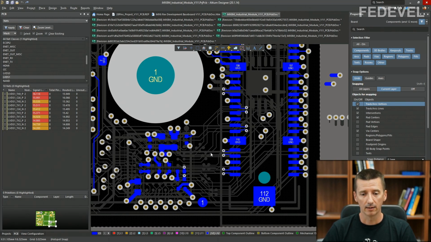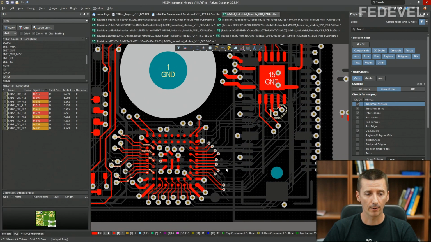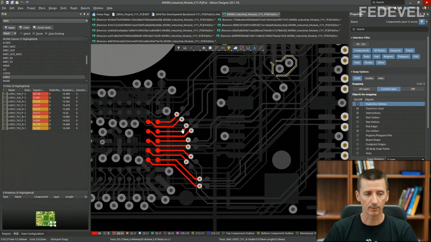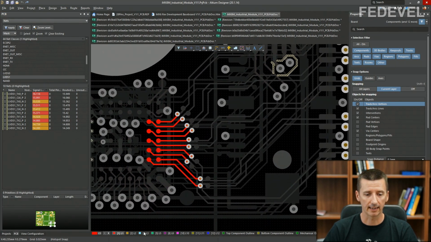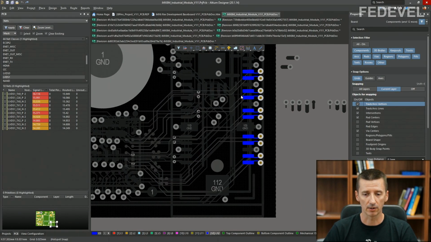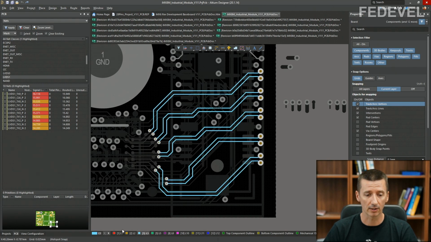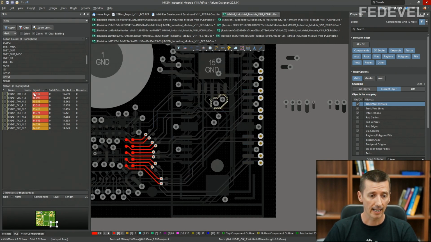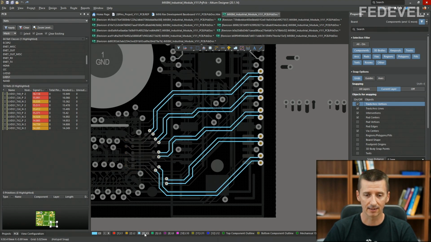So if you can change the pinout of your connectors, then sometimes you may want to do it. Have a look how the layout was improved. Now this LVDS interface is routed on the top layer, then all the signals continue on layer 3 and then they finish on the bottom layer. And notice the length of these signals. We haven't done any length matching yet, and notice that the length is between 14 to 16 millimeters. They are almost exactly the same length.